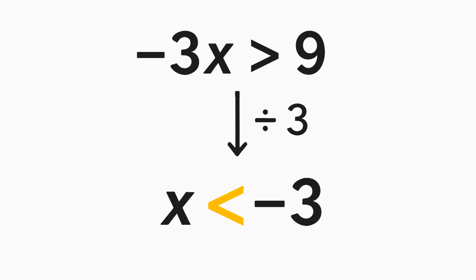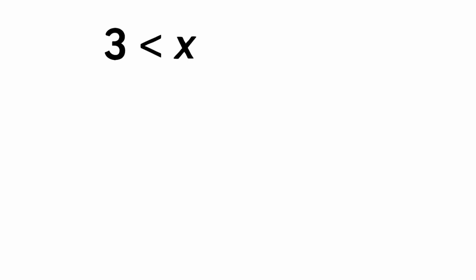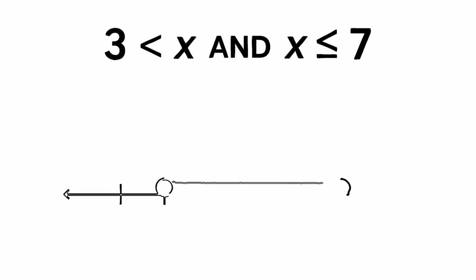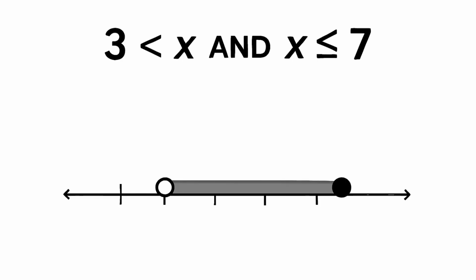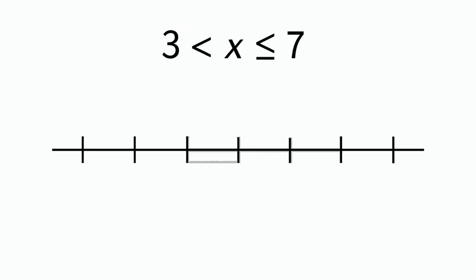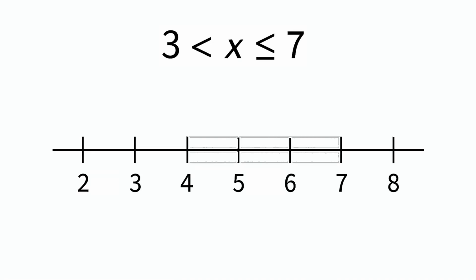Next, compound inequalities. These use the words and, or. For example, 3 is less than x, and x is less than or equal to 7. This means x is between 3 and 7, including 7, but not 3. On a number line, you'd shade the region between 3 and 7, with an open circle at 3 and a